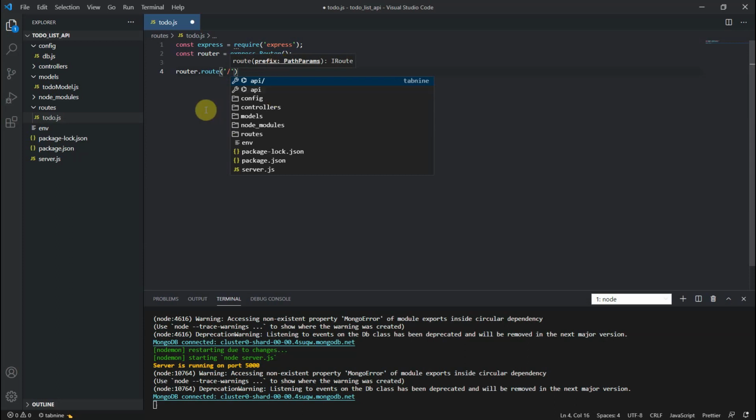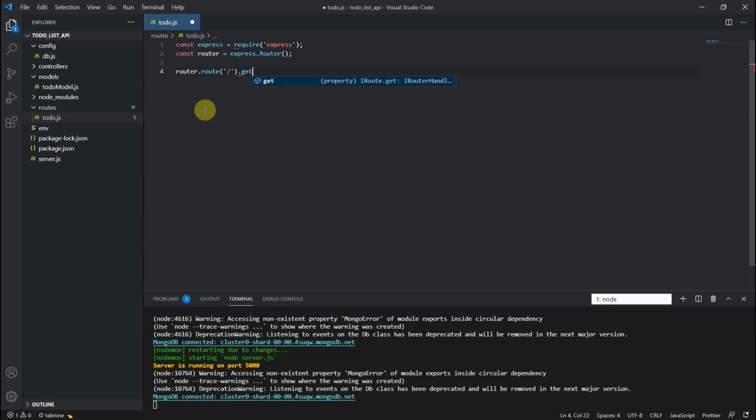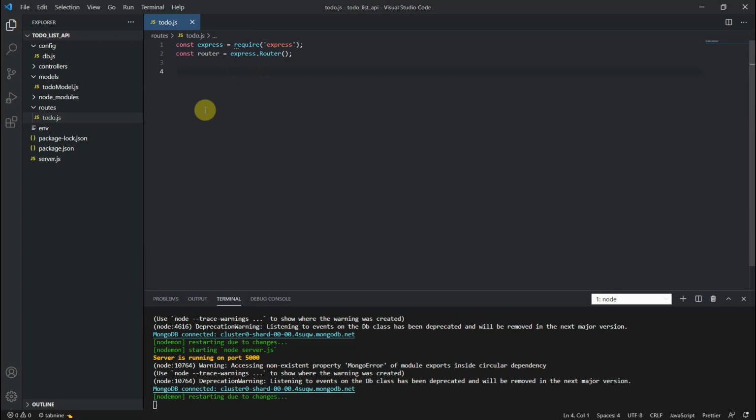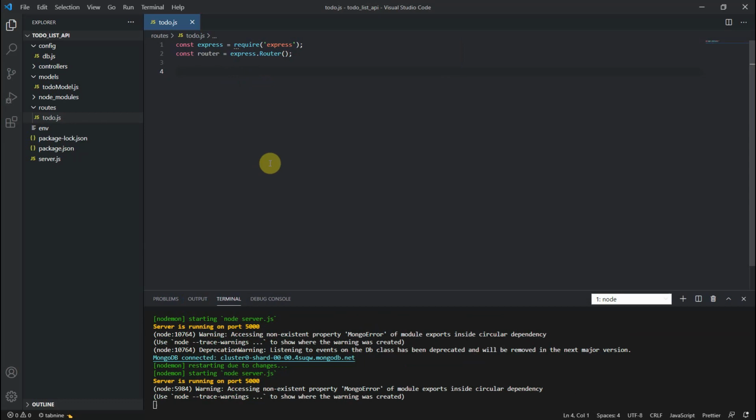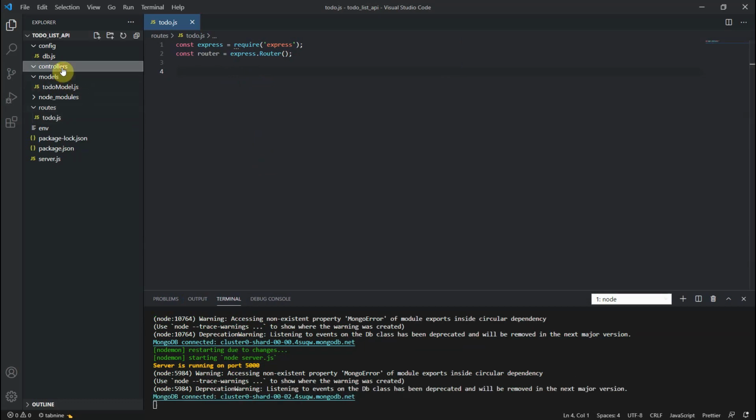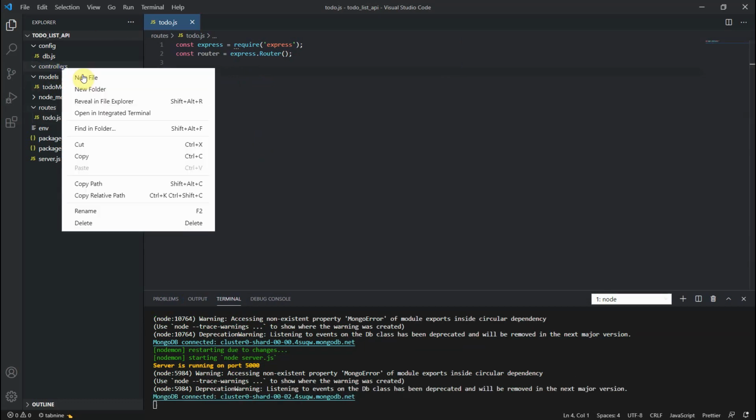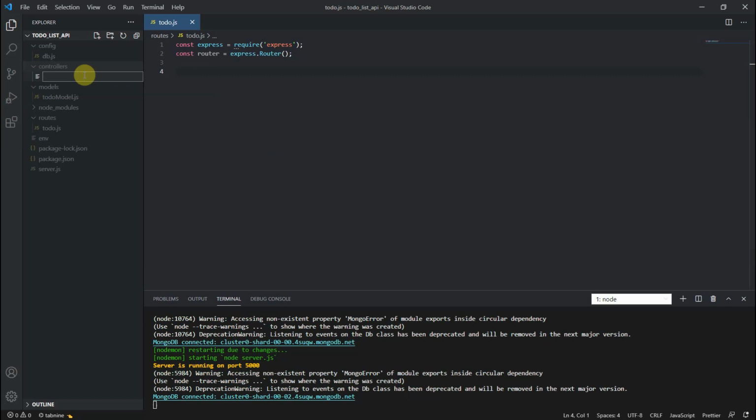we can do another thing. Okay, first one is get for to do list. Just leave it for now. First we can build our controller, then we will move to our router file. In the controller folder, create one file, that is todoController.